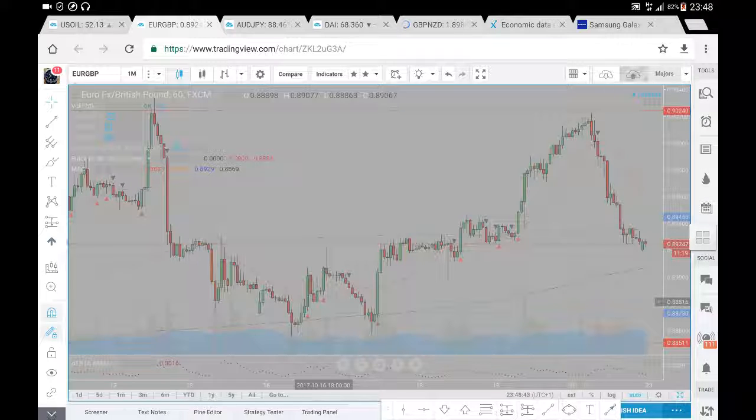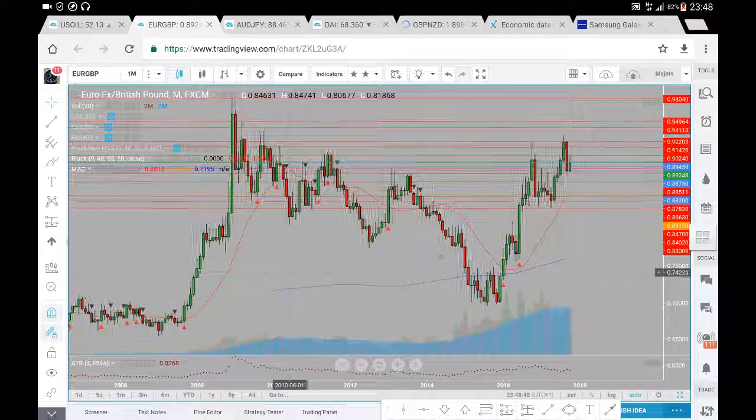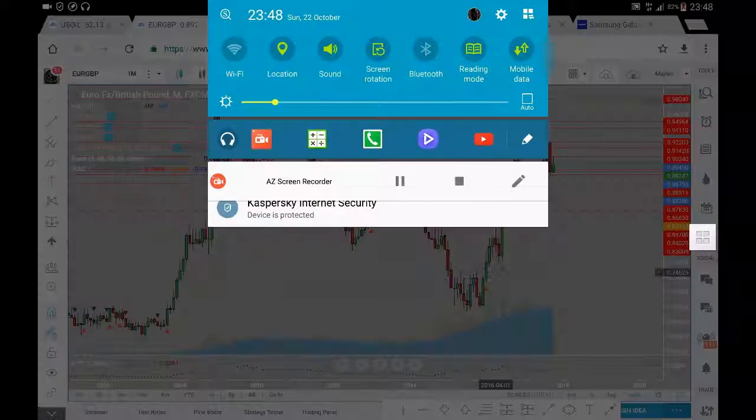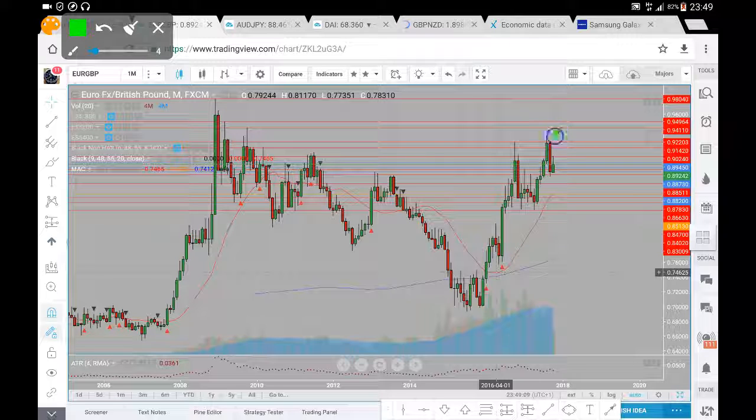Let's see where we are. So on a monthly chart, we can see we're still clearly in an uptrend. Let's just get the pen out. We have found resistance there, in and around that region. We have pulled back. We are operating in the shadow of, let's just clean this chart up a bit, this bearish candle there, and we have seen some selling in around that